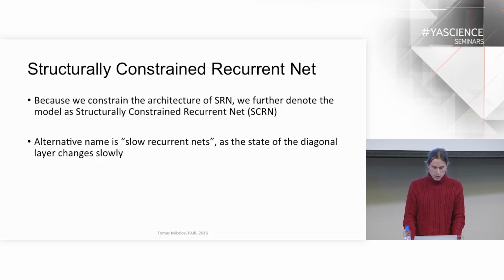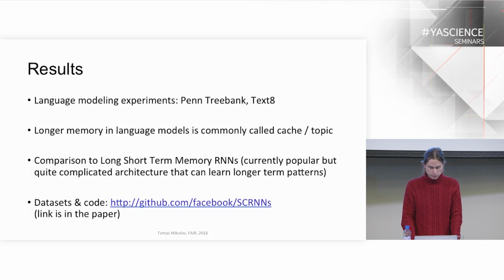So we didn't really need any gating mechanism. We didn't need pretty much all the number of parameters that otherwise people would find in LSTM, which have difficult explanation of what they do. An alternative name for us was slow recurrent networks, because there is this part that is changing slowly, but that seems to suggest that the model is slow, which is actually the other way around. Because it's so simple, it's actually more efficient to train on large datasets.